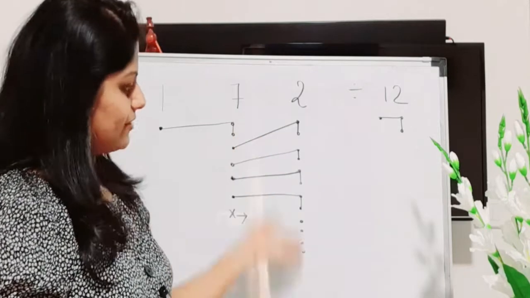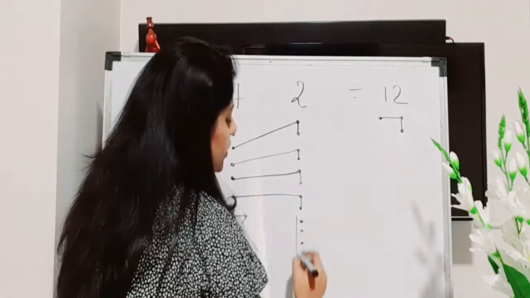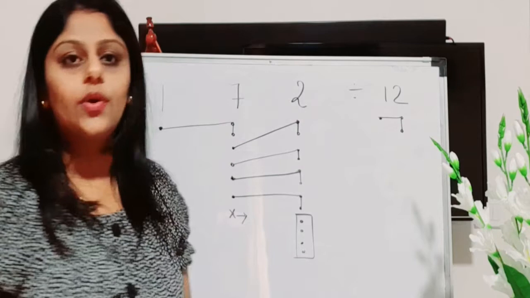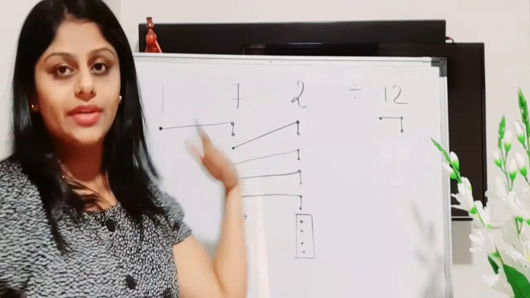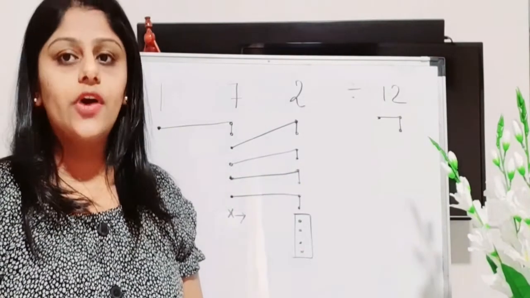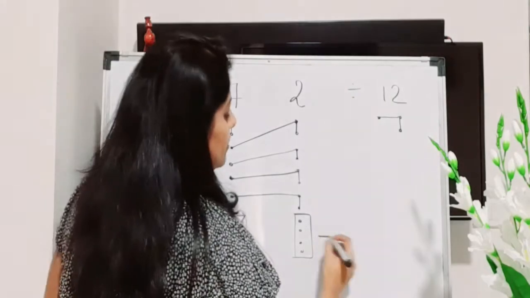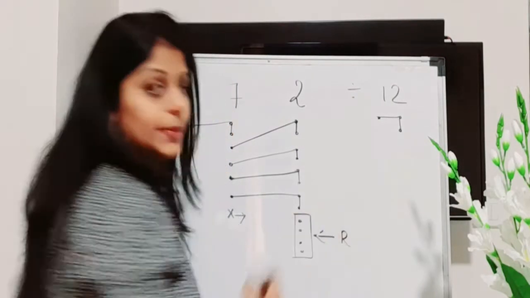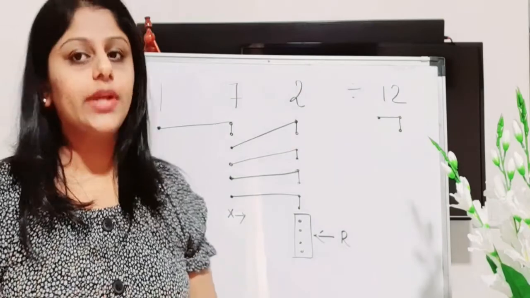Now you can see we have the third column with 4 dots remaining, but can we forward it to any other column? No, we don't have any further column for this to be forwarded. Therefore these 4 dots will be what? Yes, these 4 will be our remainder. And how do we write the quotient?